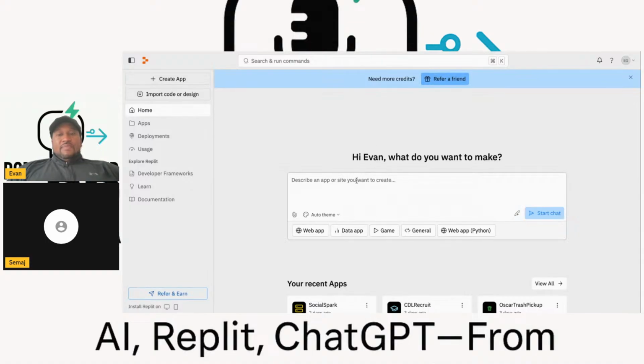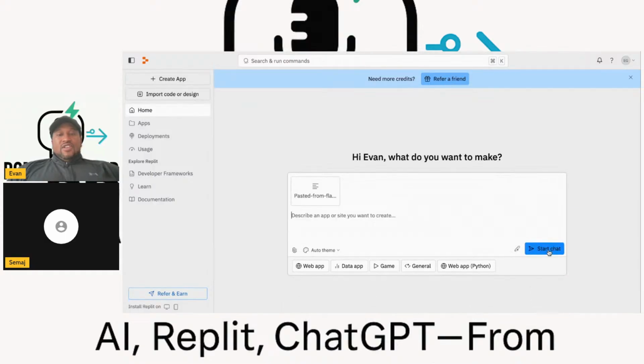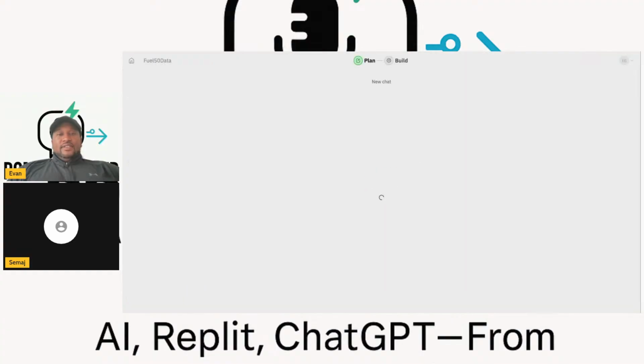I already have it copied, and then I just paste it in there and start the chat. And here we go. Replit takes that code and it's going to give us a preview for Fuel 50.